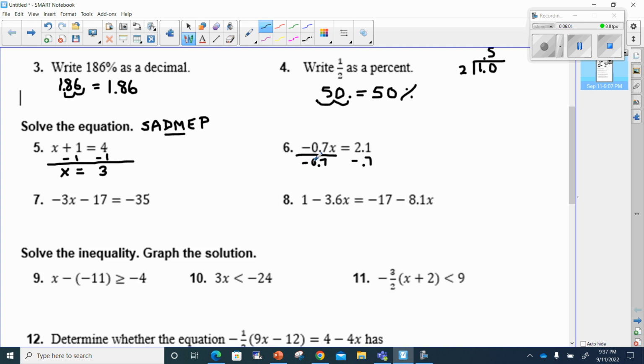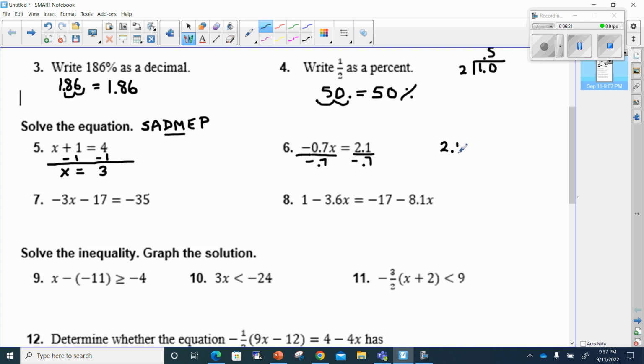And some people are saying, Mr. Mendes, you forgot that 0 there. Does it really matter if I put a 0 here? Absolutely not. I could have this just like this. It means the same thing. The book's just showing you that there's nothing there in front, and there's really no need for that. 0.7 is the same thing. So now I'm dividing